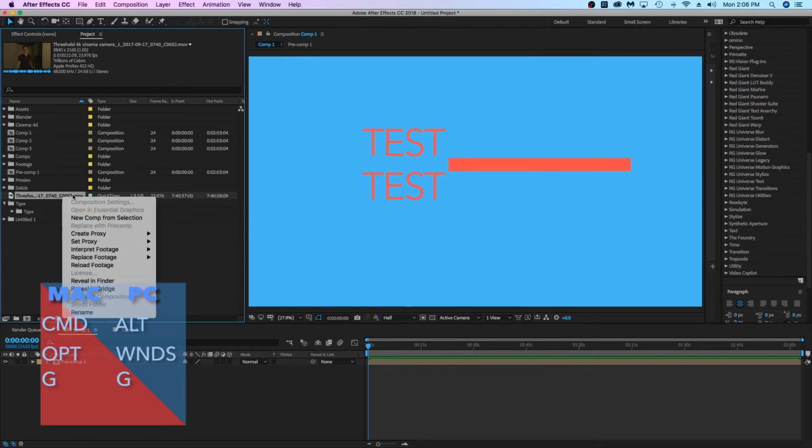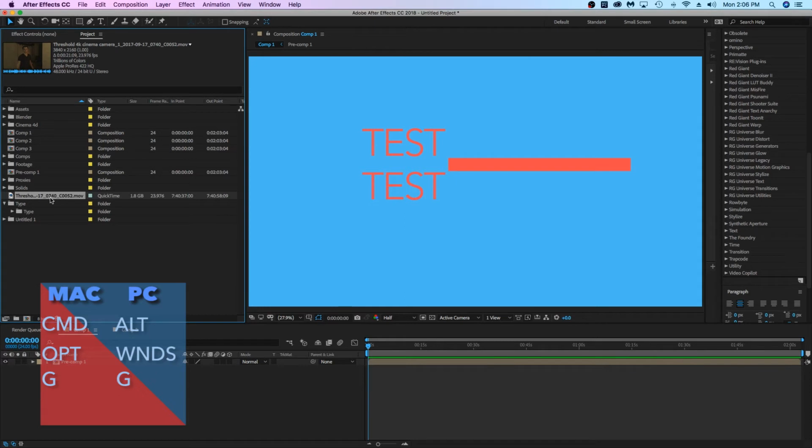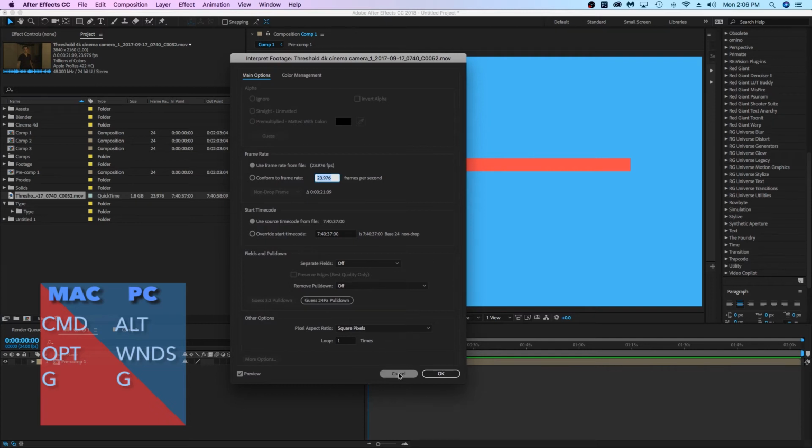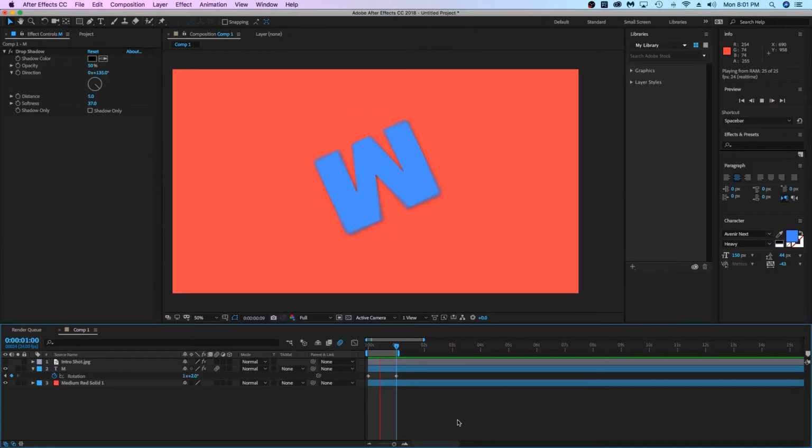Well, instead of having to do that, right click, interpret footage main, we can actually just hit Alt and Windows key or Command and Option and G, and that instantly pulls up the interpret footage. I use it all the time. It's a pretty handy shortcut. Keyboard shortcuts are just one way to speed up the editing process inside of After Effects. If you're a shortcut guy like me, you'll find these pretty helpful. And if you're not, well, go